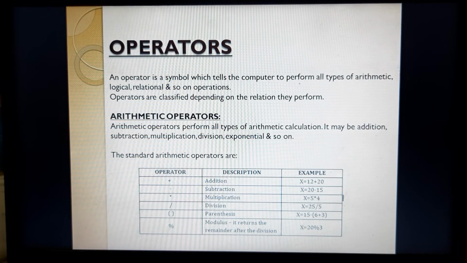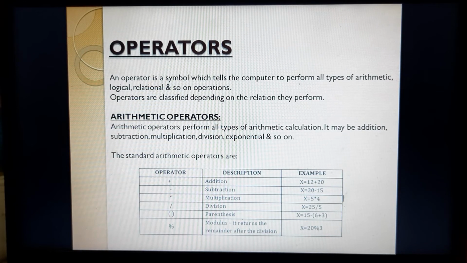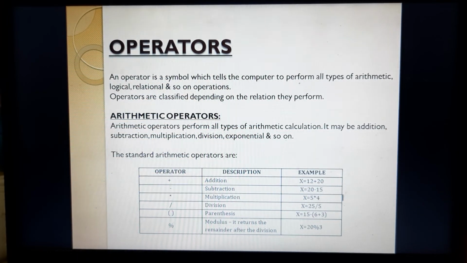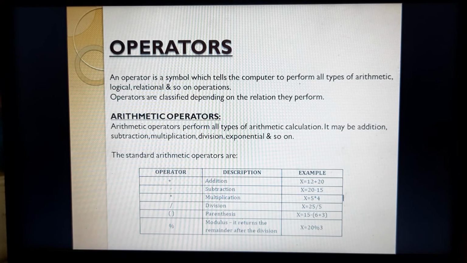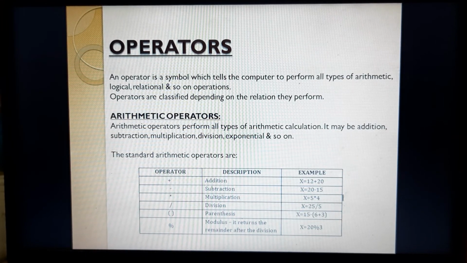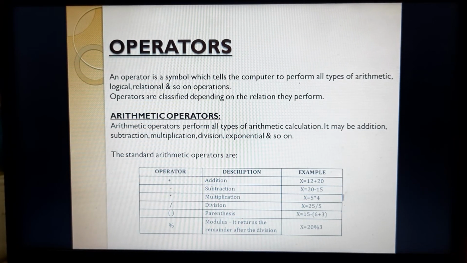For example, say x equals 20 divided by 3. If I write x equals 20 divided by 3, then I can generate the result as 6. Whereas x equals 20 modulo division 3 means I can hold the remainder.